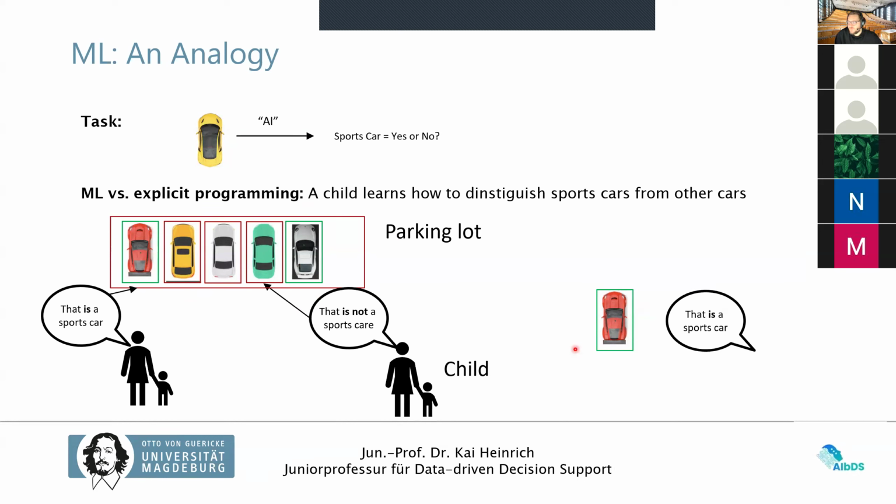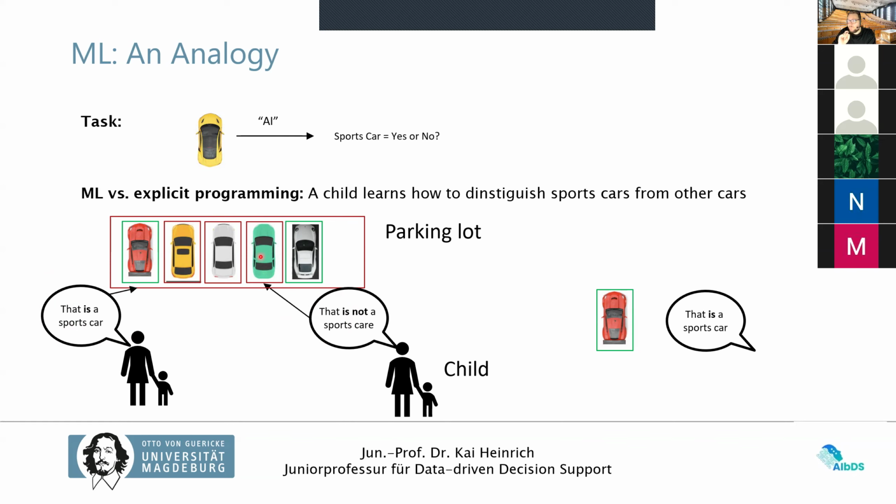Some of you already said, what makes the mother an expert, the mother's not knowledgeable. But what the mother says, the mother gives the solution, right? The mother says this is a sports car. So the child, as you said, copies exactly what the mother does. That means, of course, the child knows nothing. The child learns. So it totally depends on the mother and on the parking lot. If the mother's not an expert, and what the mother says is wrong, for example, if she says that is not a sports car and the green one is a sports car,